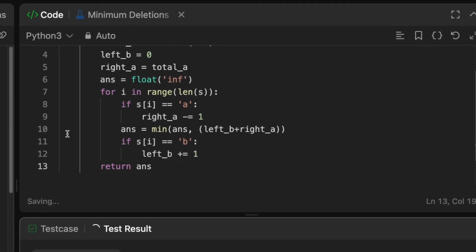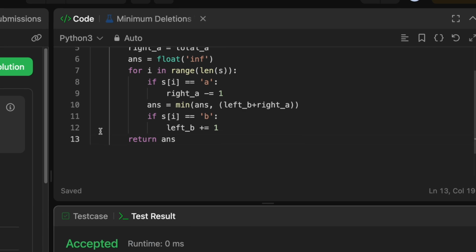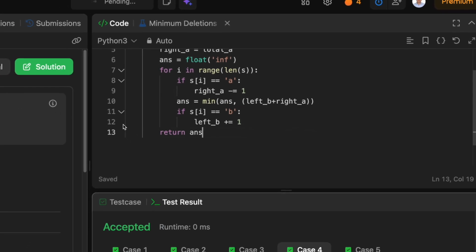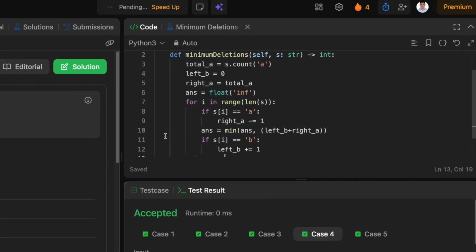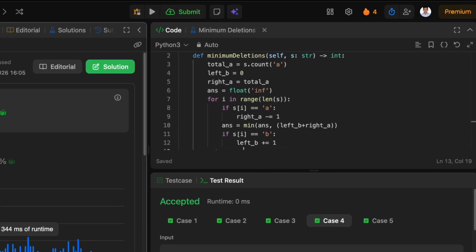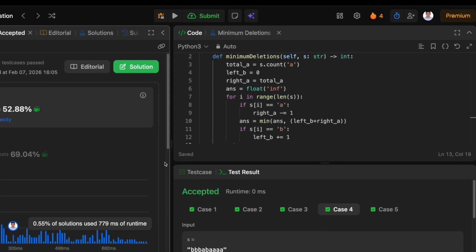Let's see if this works. Amazing, and let's see if this passes. Amazing. So this was our answer for today's problem